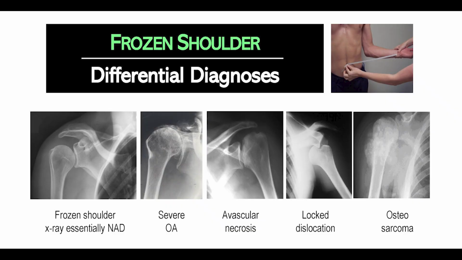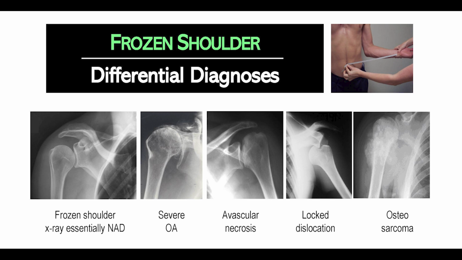And the other feature that is relevant for me to increase the likelihood of supporting this hypothesis would be an X-ray. It's the only condition of the shoulder where the shoulder is stiff, but the X-ray is normal. Every other condition involving shoulder stiffness, such as arthritis, osteosarcoma, avascular necrosis, a locked dislocation, severe arthritis and rotator cuff arthropathy, the X-ray won't be normal,